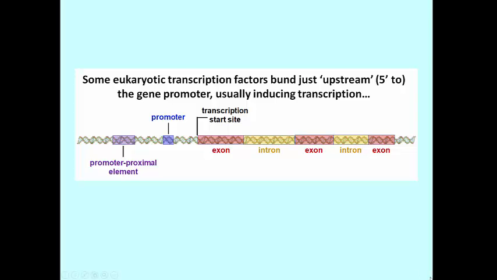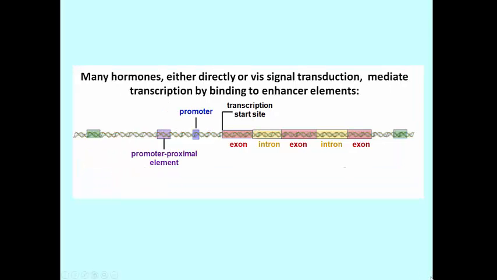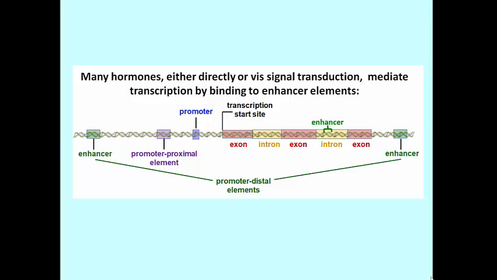Zoom out a little bit and look at the same piece of DNA, but this time let's look at promoter distal elements as well. You can see that there are regions, so-called enhancers, which are just DNA sequences that can bind to transcription regulatory proteins. They were first identified as distal elements and called enhancers because when they were activated by their transcription factor, levels of the transcripts of specific proteins were elevated or enhanced.